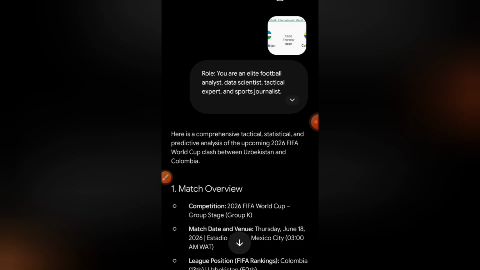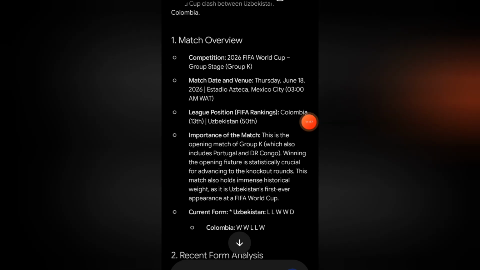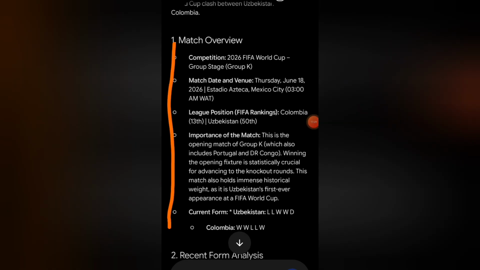All right, so we are going to look into the third match fixture that we have. This one will also be played at midnight, and that is the match between Uzbekistan against Colombia, and we have the match overview here for those people that actually have interest in reading. And if you want to generate the data just like this, you can come for our long form prompt ebook that you can read, and the exact prompt will be included in that particular book.